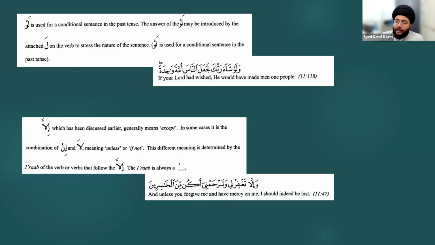With this low, this "had you" in this situation, you're negating what the low is saying in the apparent sense. Had you been careful means you weren't careful. Those types of low are called low imtina'iyya. That's a good thing to know, and those occur a lot in the Holy Quran. So when you read low, look at the meaning and try to see if it's the low imtina'i or not. Why is that important? Because it shows what trait people were missing and what effect missing that trait had.